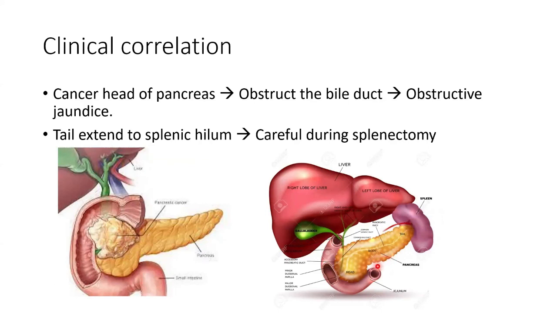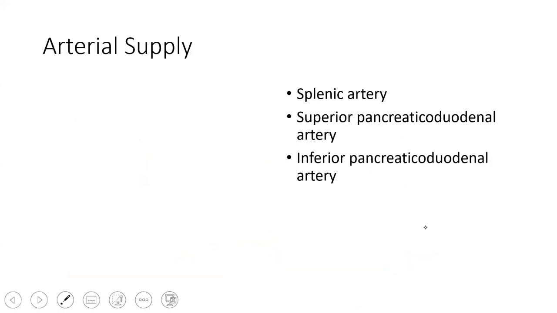So damage to the pancreas will cause release of enzymes into the body cavity, and it will be disastrous, right? There are amylase and lipases, and they can digest internal organs, and it will cause peritonitis, inflammation within the peritoneum. So you have to be careful not to damage the spleen or the pancreas during removal of the spleen.